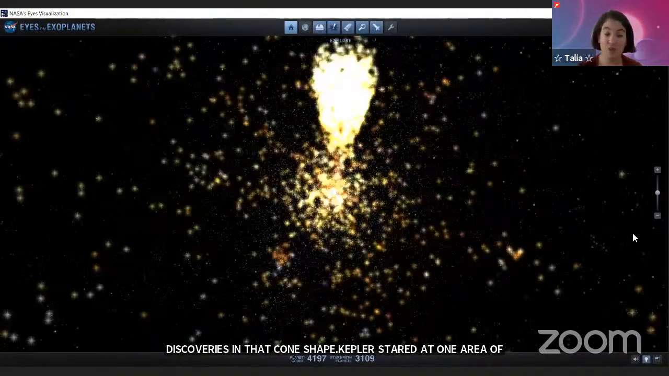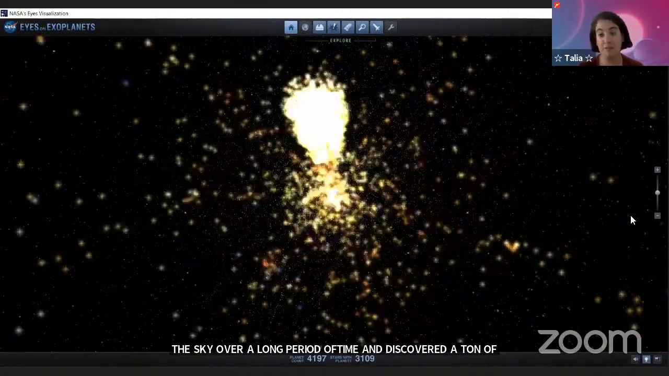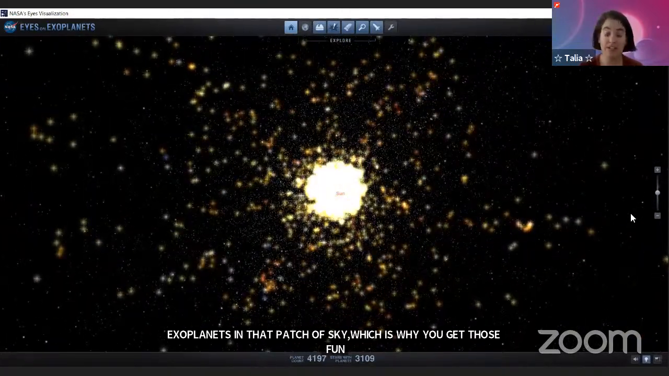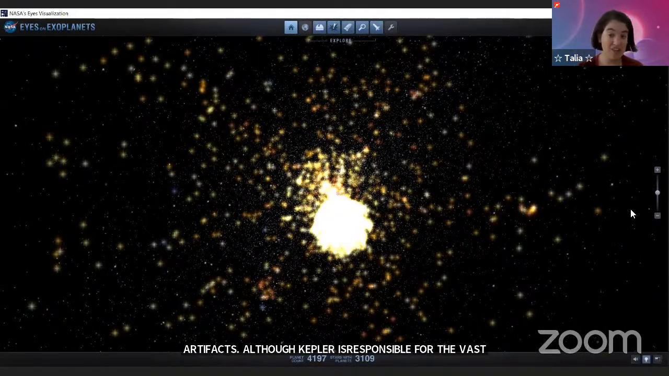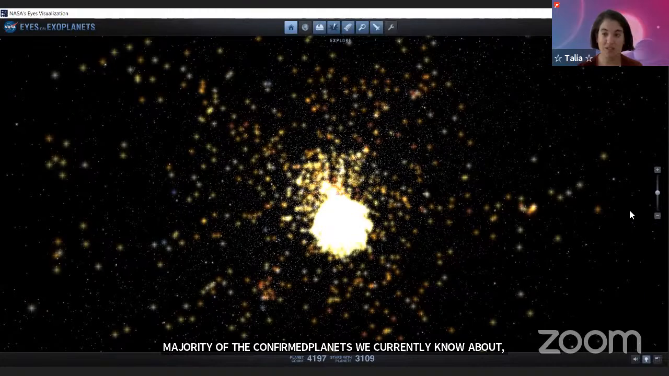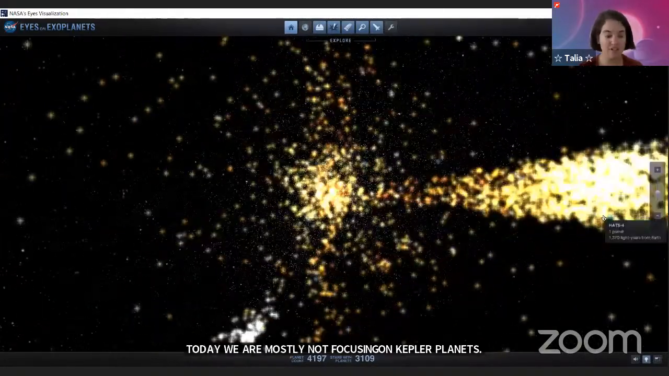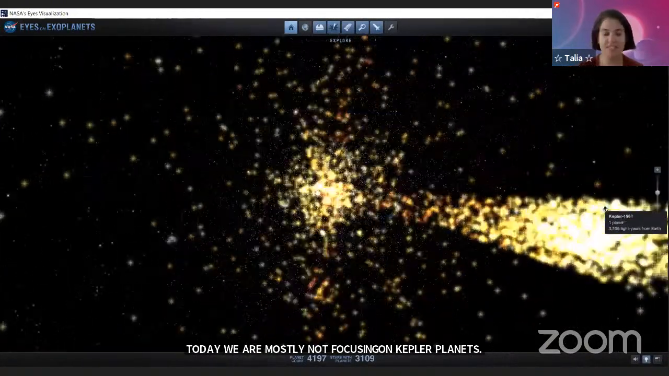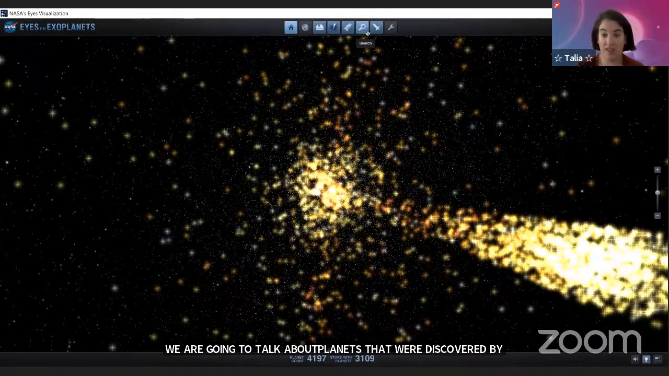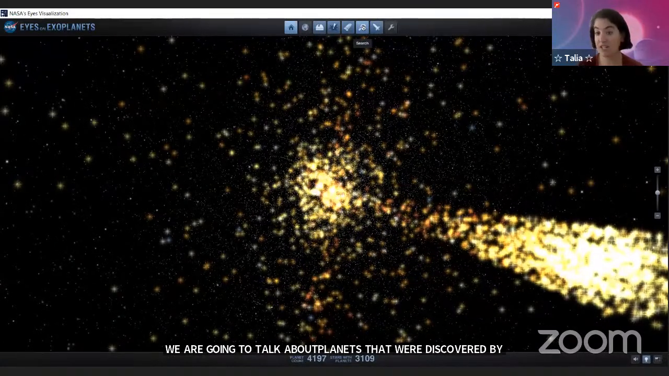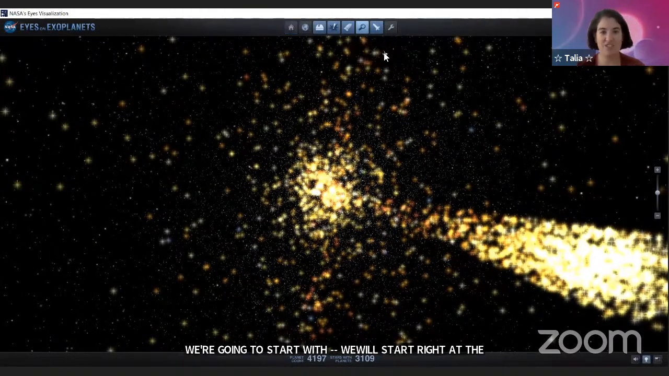But although Kepler is responsible for a vast majority of the confirmed planets that we currently know about, today we're actually mostly not focusing on Kepler planets. We're going to talk about planets that were discovered by a bunch of different methods. And we are going to start with, well, we're just going to start right at the beginning. It's a very good place to start. And for that, Katie, can you take us to the